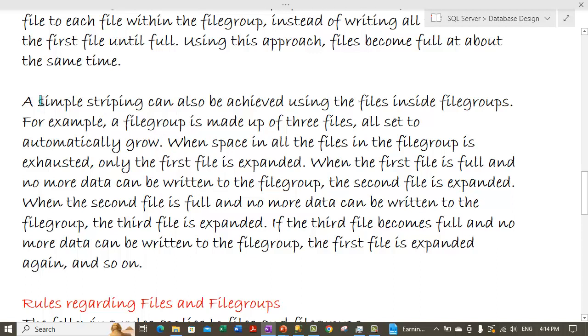Now, simple striping, this is another benefit. Simple striping can also be achieved using the files inside the file groups. So how can this striping be achieved? Let's take an example. For example, a file group is made of 3 files and all are set to automatically grow. Now when the space in all the files of the file group is exhausted, let's say all the space in these 3 files gets exhausted,